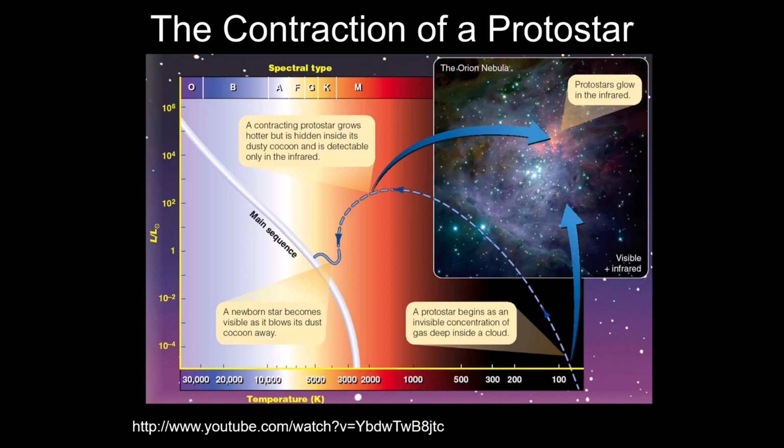Gravity is going to be relentless here. It's not going to ever give up. It's always going to try to crush the star down to as small a size as it can go. And at some point, the star starts to fight back. And this is the fighting back here. As the star starts to get smaller in size, it's going to start to produce a lot of energy, and it's going to start to be able to push back against gravity. And that's really what we're seeing here. And eventually, two things are going to happen in this process. At some point, the object is going to get hot enough that the fusion reactions will turn on.